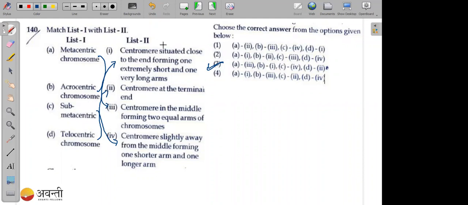Okay, so this is a very easy question. Why easy? Because you already have diagrams in your books about it: metacentric, acrocentric, submetacentric, and telocentric. Okay, moving further,